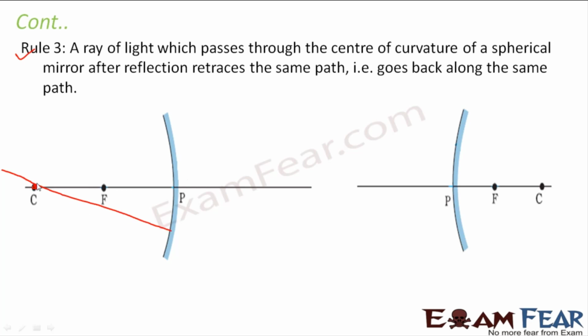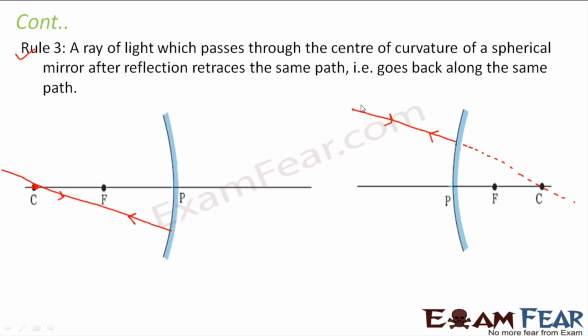Let us suppose it passed through this point. If this is your incident ray, then after it strikes the mirror, it goes back along the same path, right? Similarly in this case also, let us suppose there is a ray which falls on this mirror such that it appears to pass through this center of curvature,